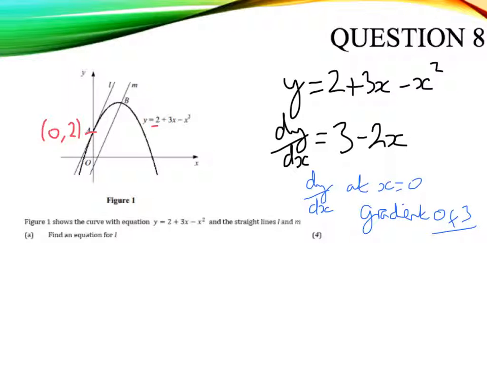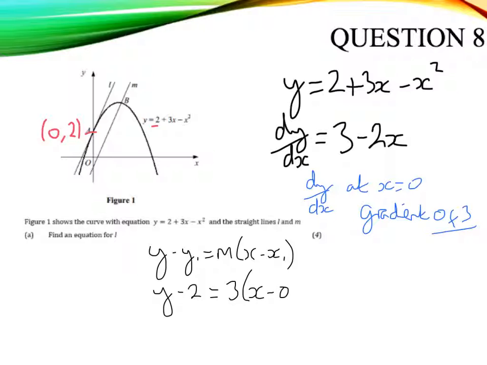Right, so we've done that. Now, what else do we need to know? Well, we could do with finding an equation for the line. That's what it's asking us to do, find an equation for the line. So we should use y minus y1 equals m times x minus x1. Y minus 2, we decided that point was, equals 3 times x minus 0. It doesn't ask us for an equation in any particular form, so I'm just going to tidy this up a little bit, and let's go with y minus 2 equals 3x,